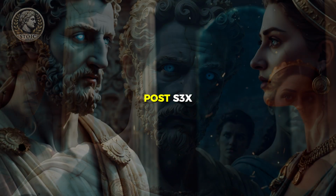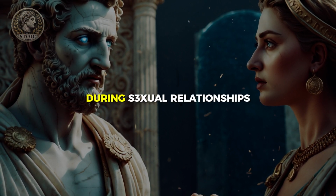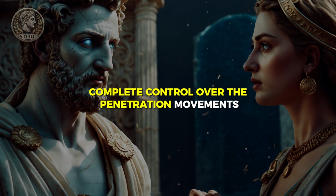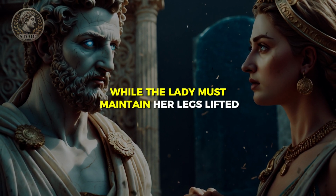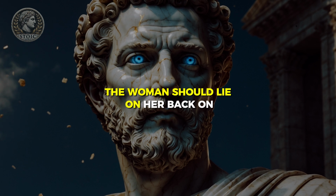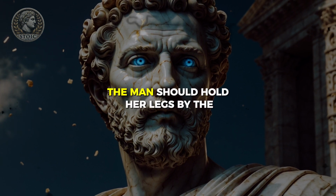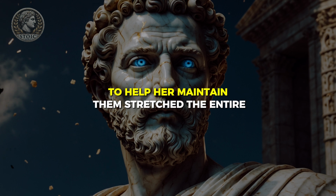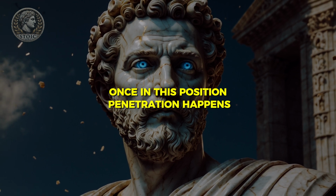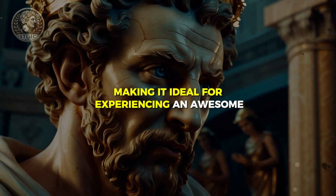initiate a kiss post-sex. The screw position is another option for women who want to have more pleasure during sexual relationships. In this position, the guy has complete control over the penetration movements, while the lady must maintain her legs lifted and will have much more gratifying stimulation. The woman should lie on her back on the bed, legs entirely stretched upwards and crossed over one another. The man should hold her legs by the ankles to help her maintain them stretched the entire time. Once in this position, penetration happens, and the male finds it extremely stimulating, making it ideal for experiencing an awesome